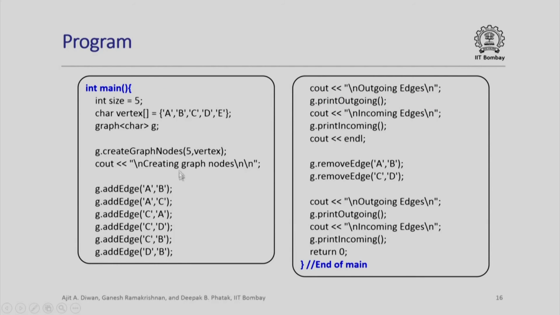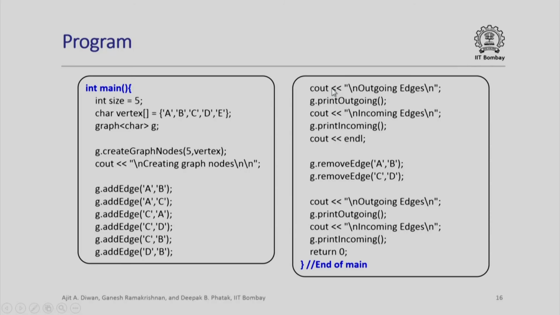The main program is now written very simply. In this case, we are not showing a demonstration of a very large graph. We are showing a graph which has only 5 vertices A, B, C, D and E. We define the graph as G. We create the 5 nodes. Now, we have to define the edges. We are simply defining all the edges as they come explicitly by using G dot add edge. Please note that this is not the way in a real program we will do things, because there could be hundreds of edges and those will have to be input. There is an exercise later which will help you to understand how to program that.